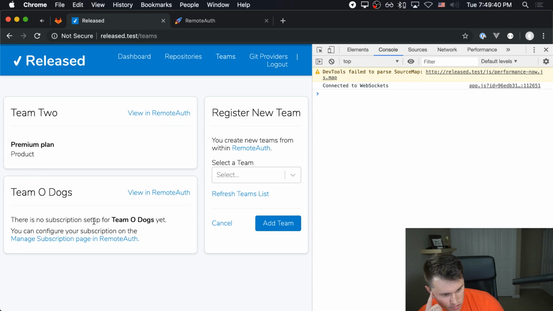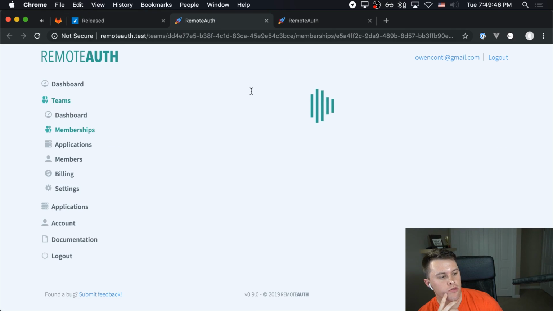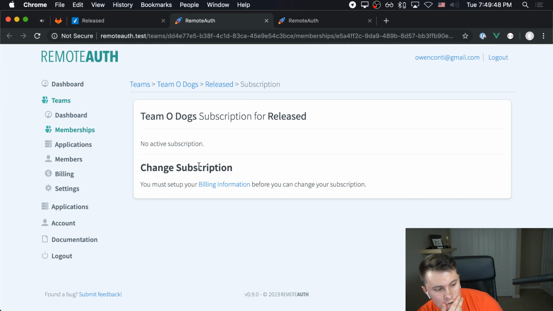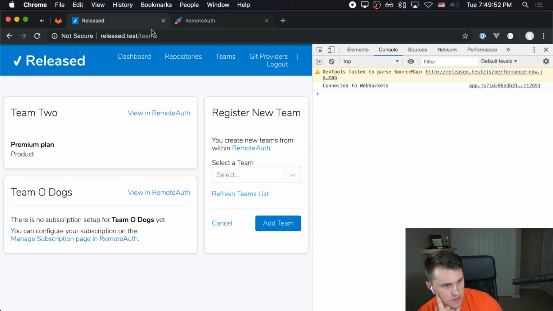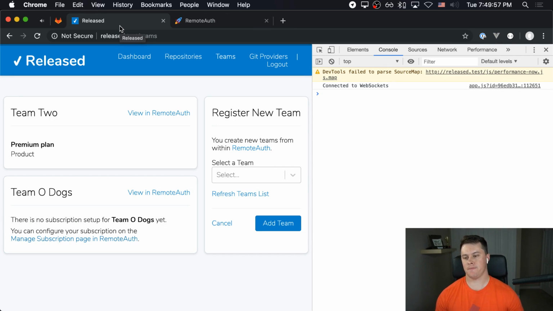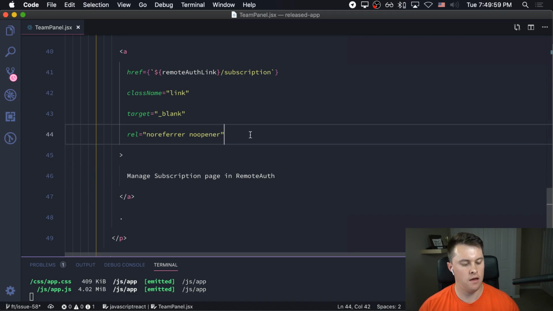Okay, there's no subscription set up for ODogs yet. You can configure your subscription on the manage subscription page in remote auth. And it tells us we need to set up our billing information. Okay, so that's perfect. Okay. And then